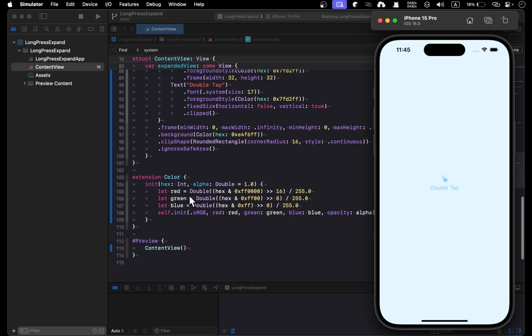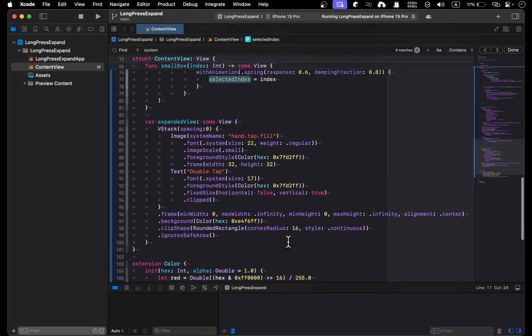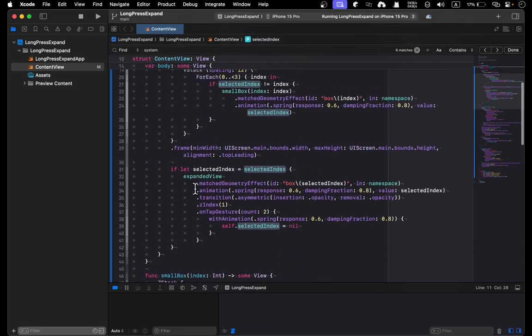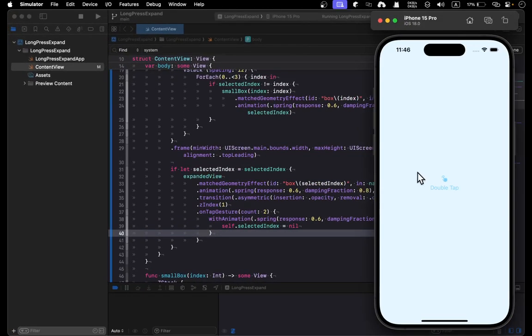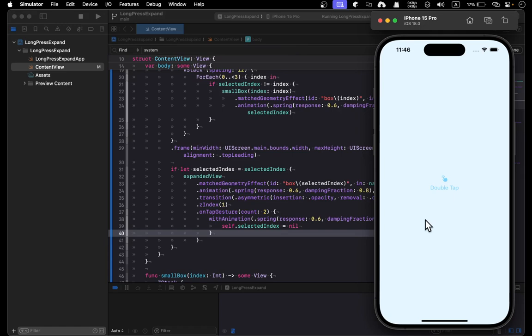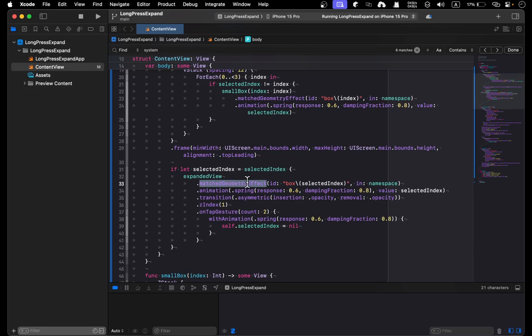And then we've got a custom color, so we can quickly use this. And of course let me talk about the animation. So this will be the animation, because if you click, you should get a smooth transition animation. In order to make the smooth transition between the small box and the expanded view, we use the matched geometry effect. This part is very important,